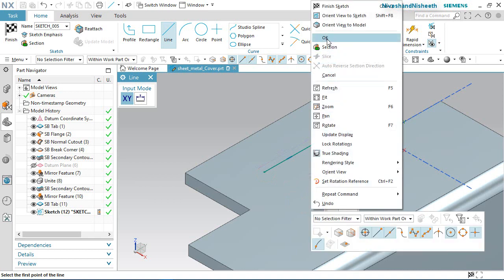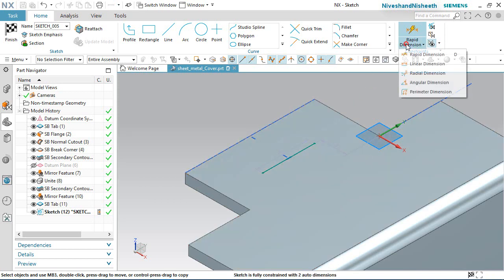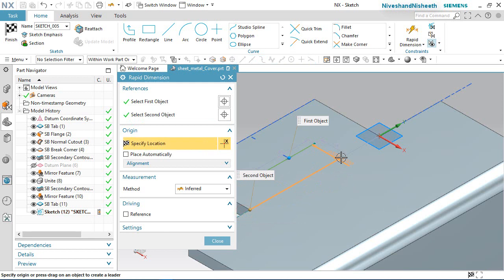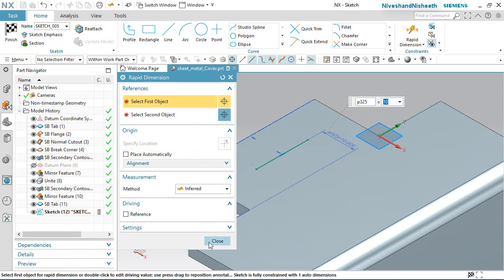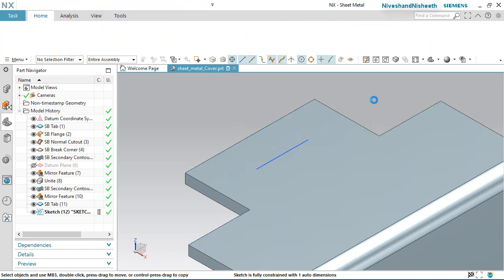OK, and apply the constraint between this point, between this edge and this line. OK, and apply the dimension from here. Finish the sketch. Now the bend preview is visible here.